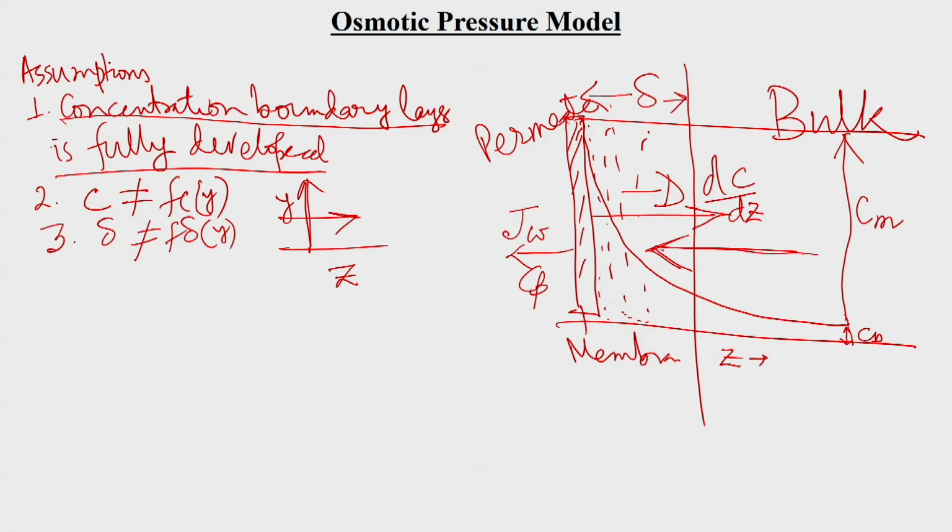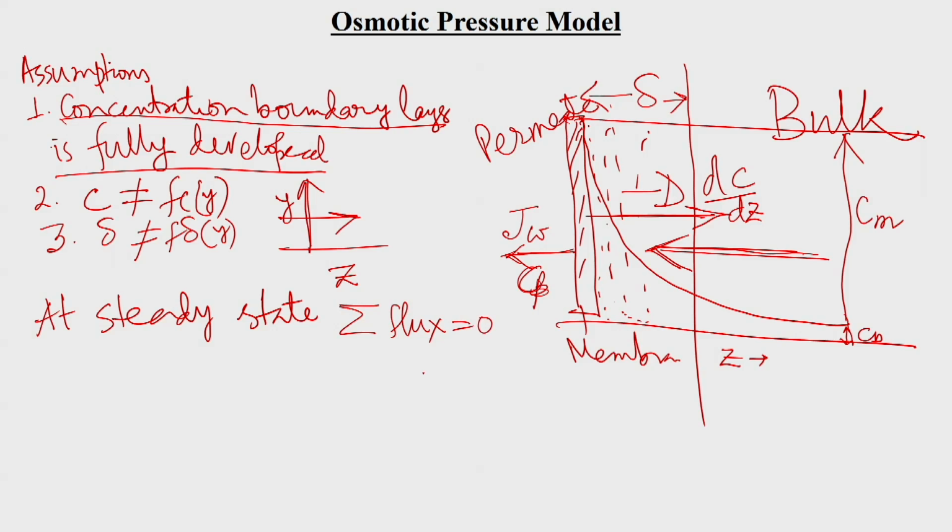Now, the feed is directed towards the membrane surface, the permeate flux is obtained, and the solute concentration in the permeate is Cp, with back diffusion of the solute to the bulk. At steady state, that is minus D dC/dz. So, at steady state, whatever the flux values are entering and exiting, the summation of the flux values will be 0.